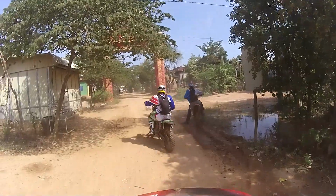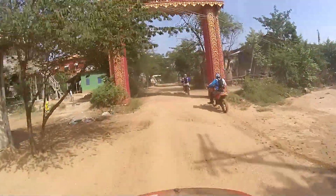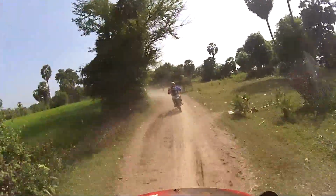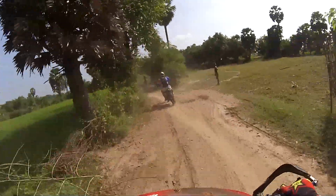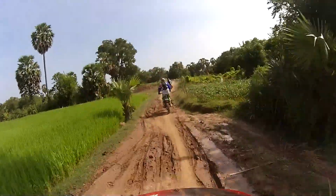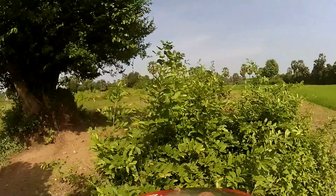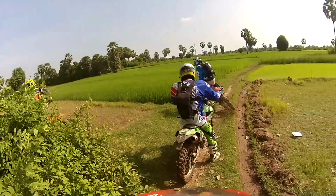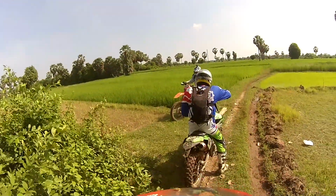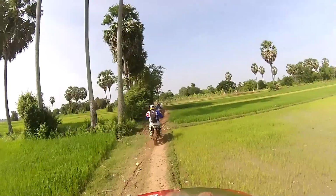One of many rest stops here, and here we have Tony, or one-eyed Yamaha guy, just coming to grips with the beater which he's borrowed off Mitch, and here we are weaving our way through rice paddies, about to discover that we can't go that way, so we're turning around, and most definitely Tony riding the beater there, leaving his mark,